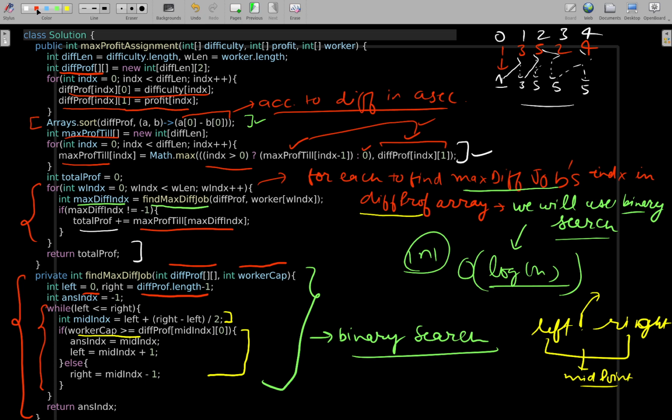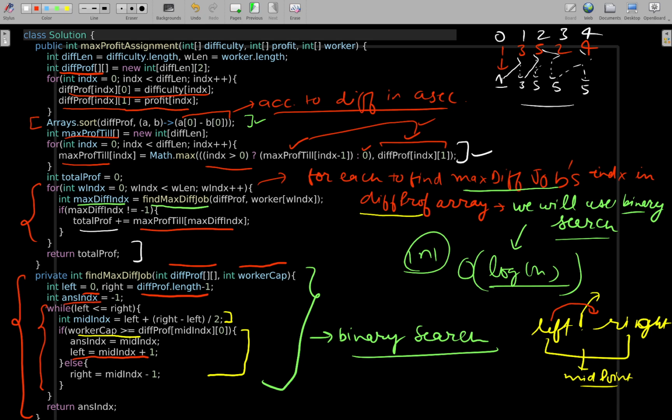So in that way we are trying to shift our left boundary to one position beyond this midpoint. And before shifting the left boundary to one position beyond midpoint, we are storing that midpoint in our answer